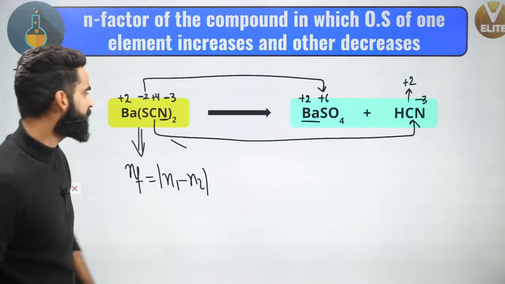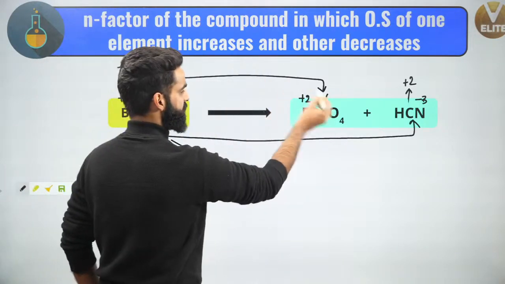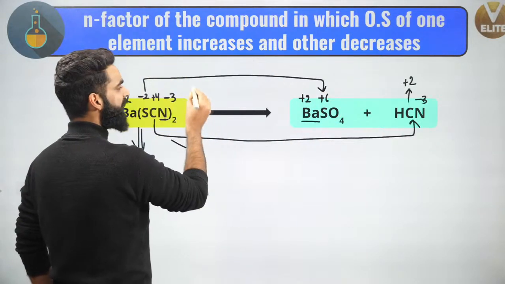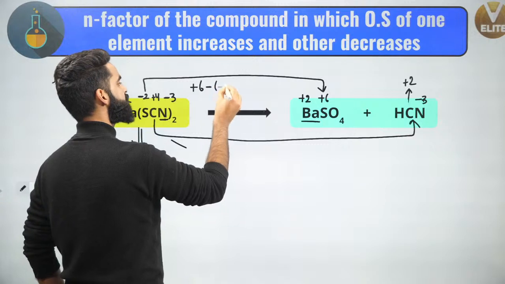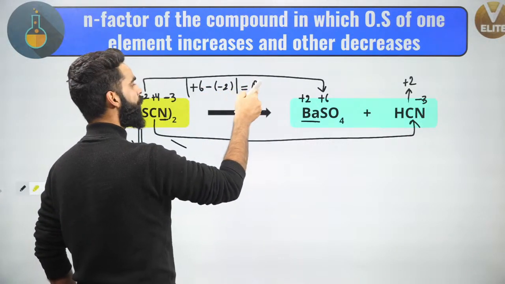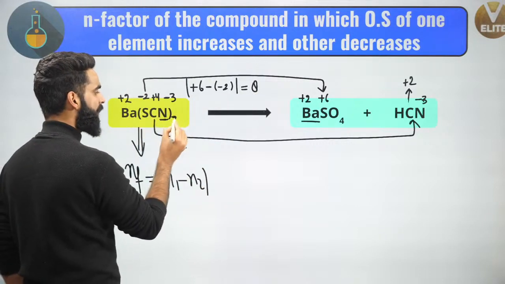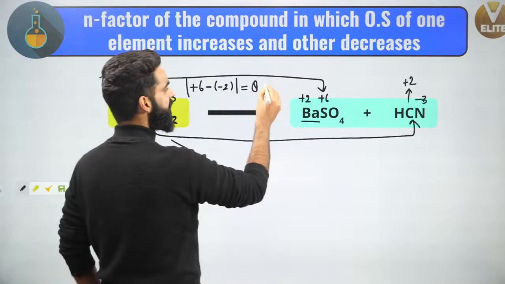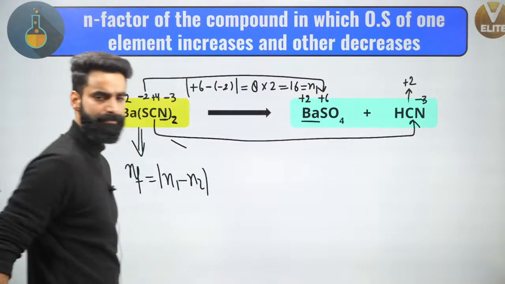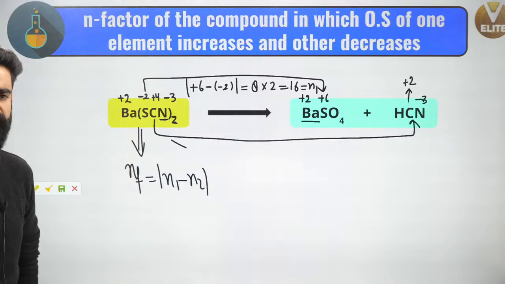Yes. So very simple. See guys, -2 to +6. This is the final oxidation state of sulfur. This is the initial. Final oxidation state is +6, initial oxidation state is -2, so the change is going to be 8. So this 8 is the change in the oxidation state for one sulfur atom, but I have got 2 sulfur atoms. Yes, so 8 multiplied by 2 is 16. So the value of N1 over here I got as 16.